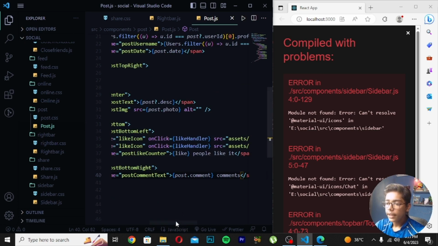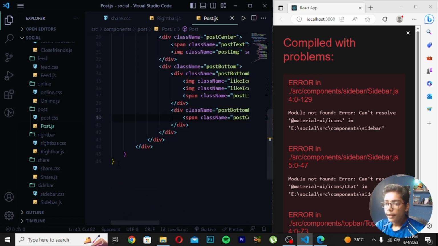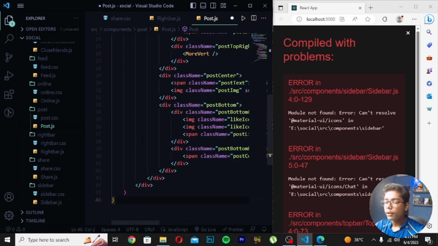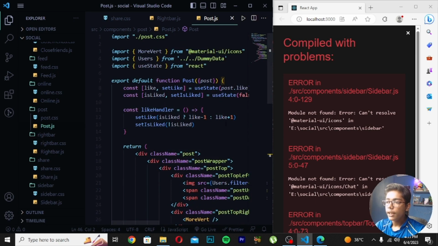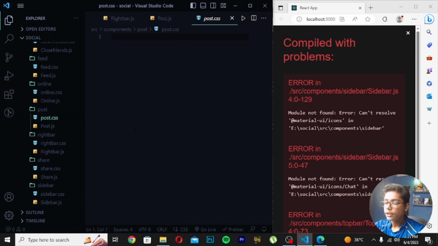You can close these tags as well if you want by writing these colons, but I will not be doing that because it is not needed here. Save this, and you can see our file has been saved. It is working, but still we are getting an error. We'll be solving this. So I will now move to my post file, which is the CSS one,